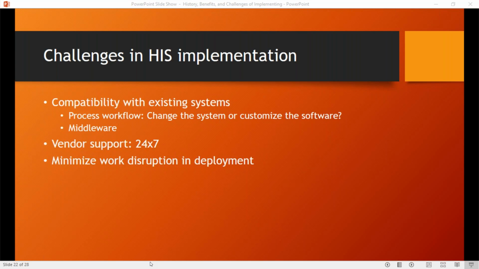Also, you have to look into the options of procuring middleware. Now, who would develop that middleware? Would it be the vendor that sold you the HIS package? Will it be an in-house developed middleware? So these are some of the practical things that you have to look into that usually come out only upon implementation. Some of the things that you have to consider in choosing a system, a software package, is that